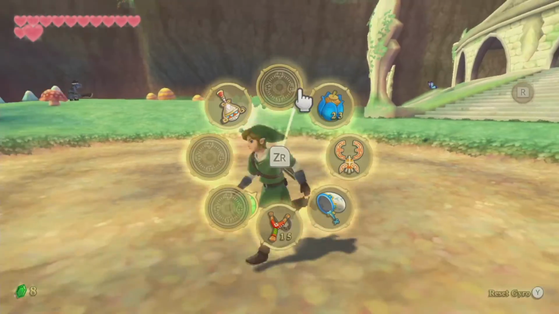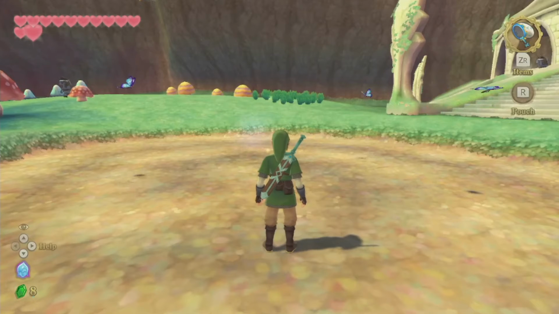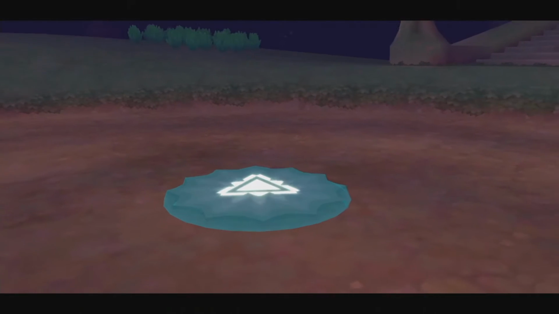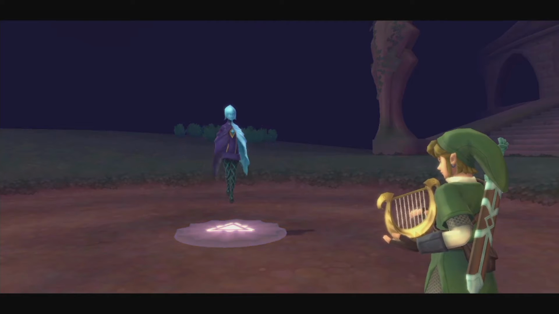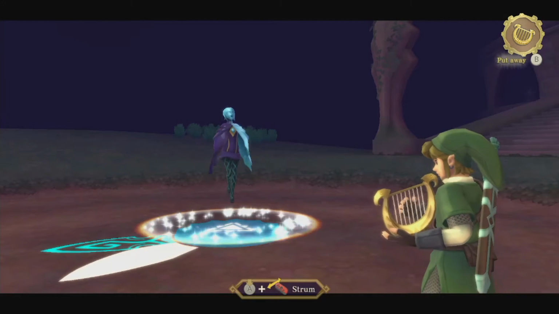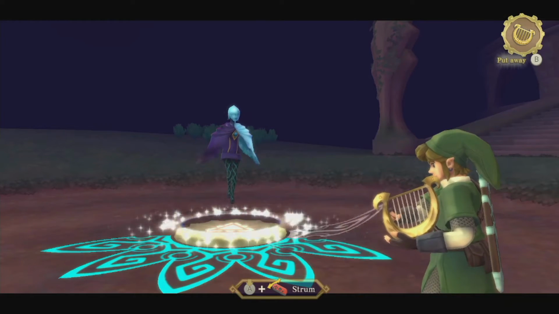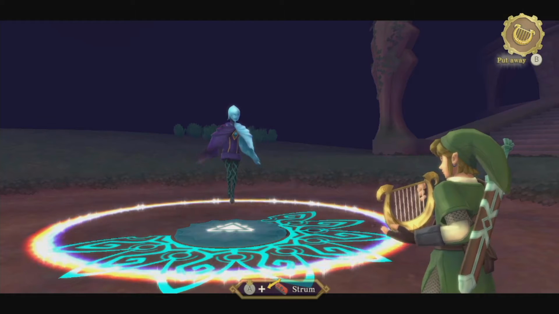What I like about these is the game automatically tells you where they are by putting Goddess Butterflies literally right next to them. So really all you have to do is look for that and there it is. Just like that. It's not even that bad. Now we have to do a similar thing, except this time we are required to strum at the right weight. What seems to work is just very fast movements, but not too fast, but basically...